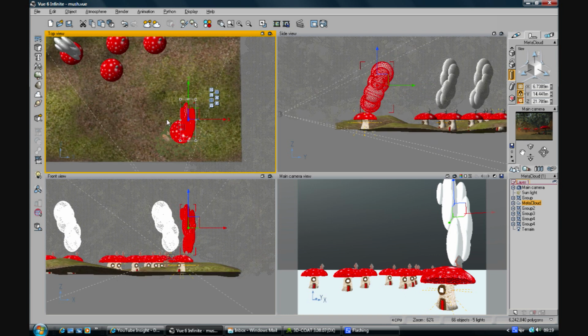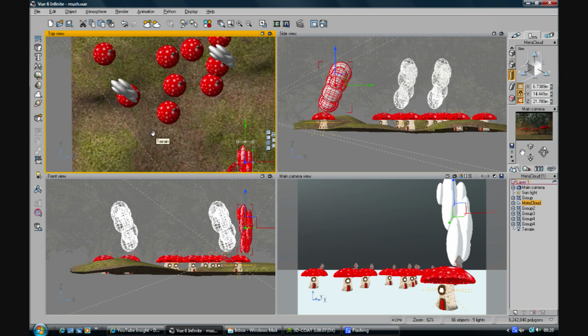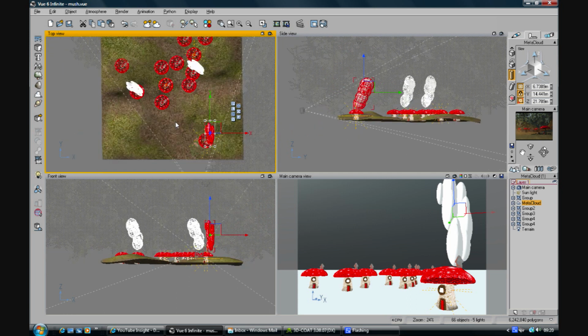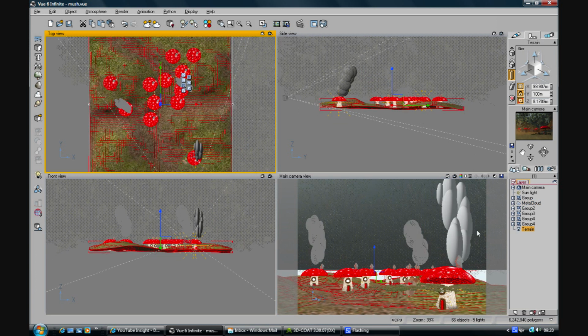which isn't necessarily what I wanted, because I want them to be sitting on the terrain, not in the damn thing. So I'm just going to have to go and do some adjusting. I've also got some floating material there, which is a bit of a mistake on my part. I mean, this isn't really